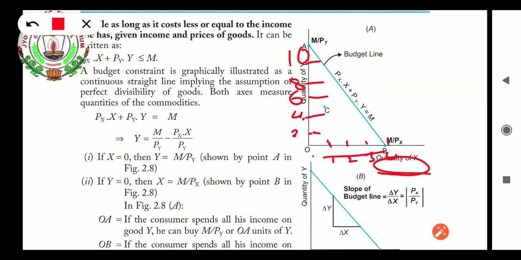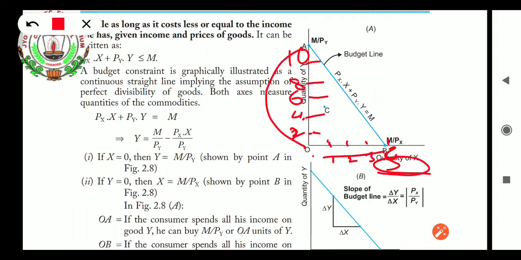Now if we are paying only for y, then definitely we will be getting 10 units of y. And if we are paying only for x, not for y, how many units can we get? 200 divided by 40, we can get 5 units. Here it is the borderline B. Here we can see the graph and the dot.